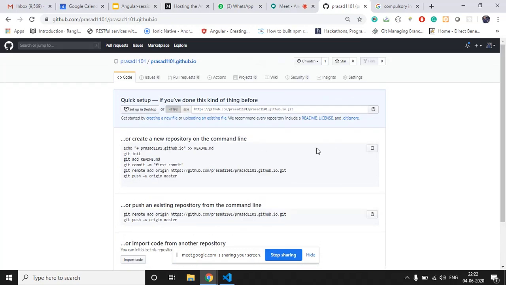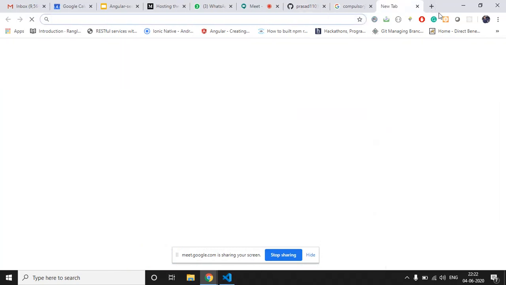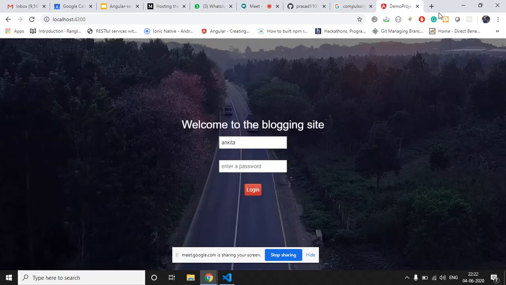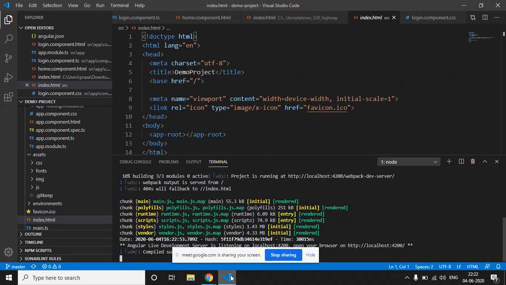Now we have compiled our Angular application. Let's check if it is working fine. Yes, I think it is working fine. Again, we will need one more small change in our Angular application.